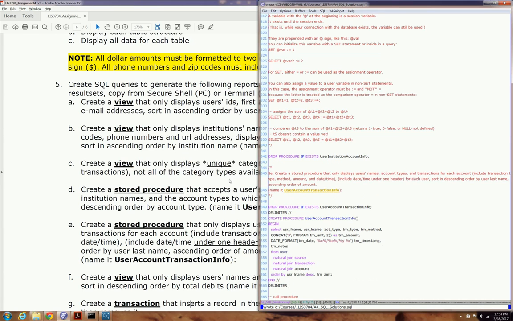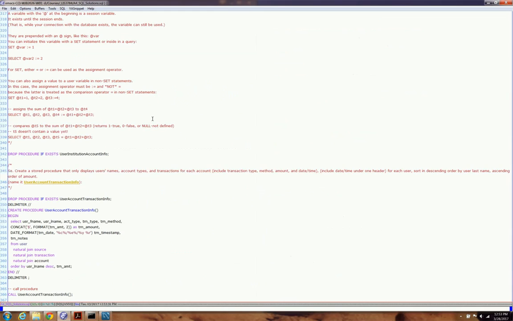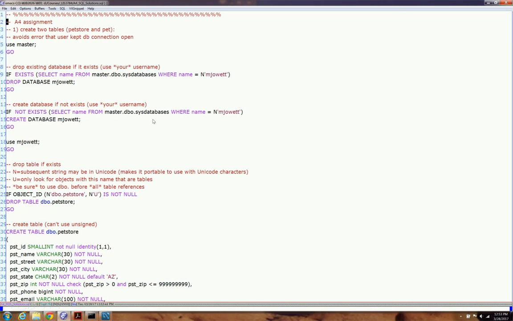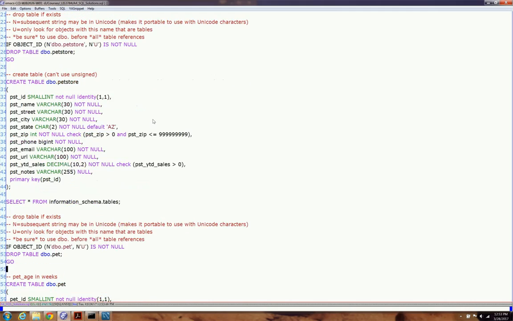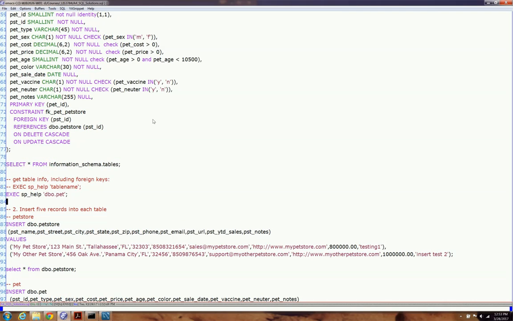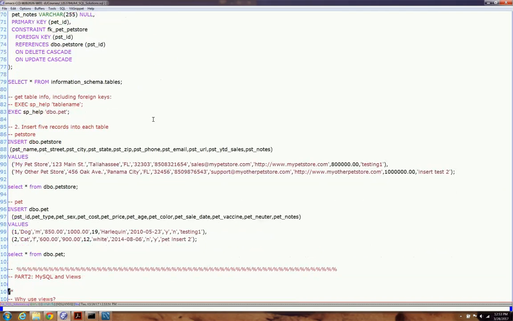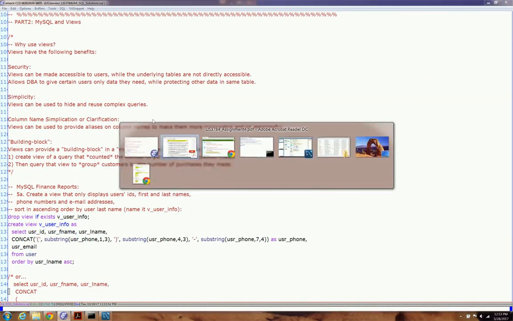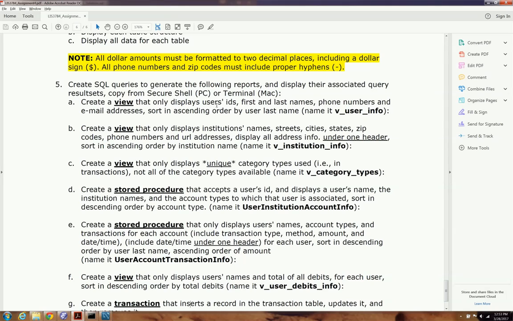All right, let's go into a bit of background here. Now, what I'm going to do is make this a little bit larger for you. Now, this is for SQL Server. That's the SQL Server portion of it. But what I want to go to right now is the MySQL portion. And our first question there is, create a view that only displays users' IDs, first and last names, phone numbers, and email addresses. Sort in ascending order by user last name. Name it